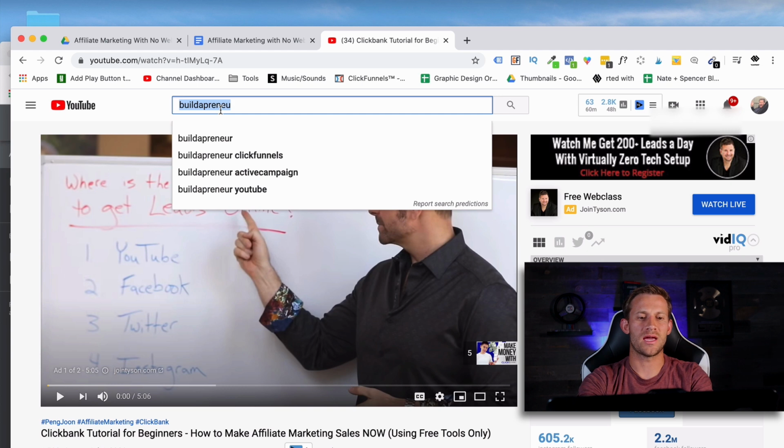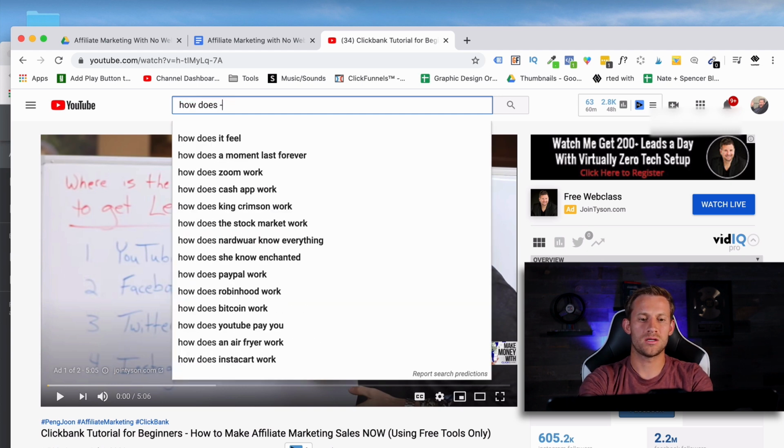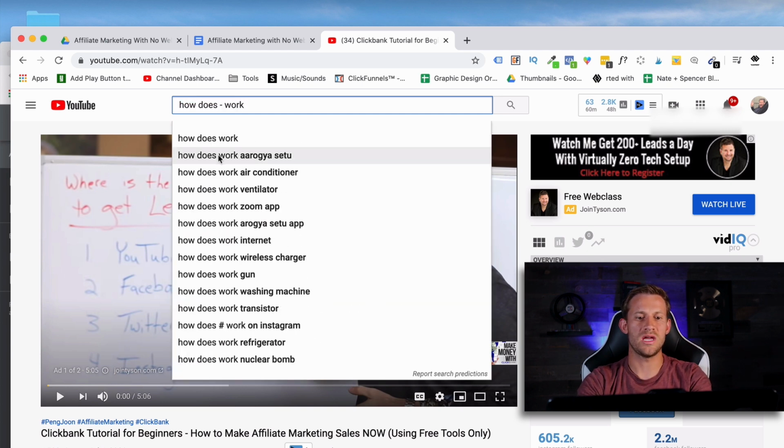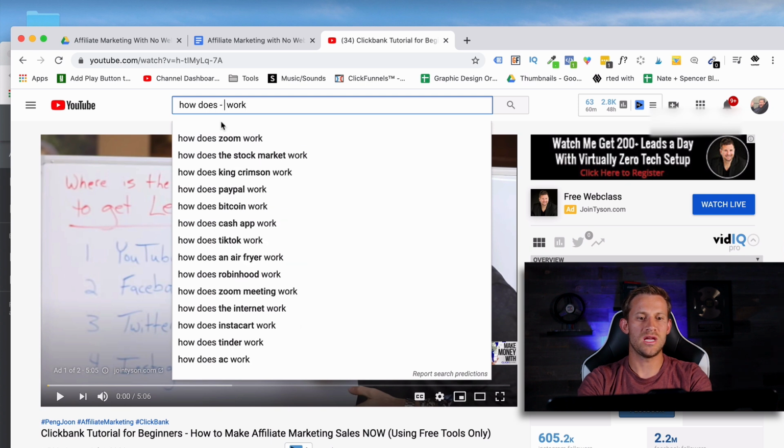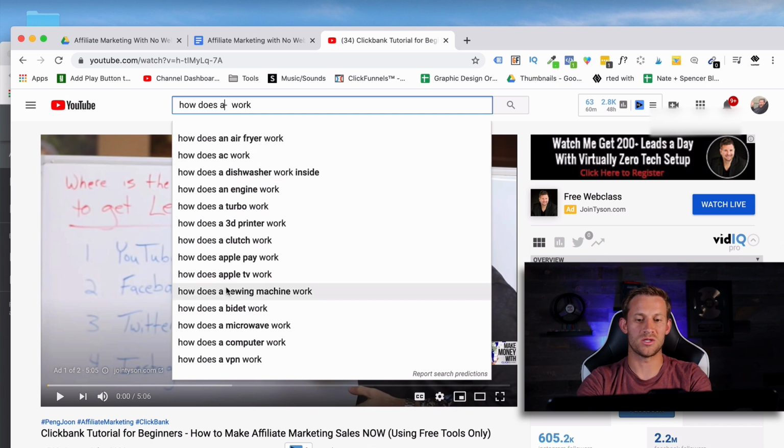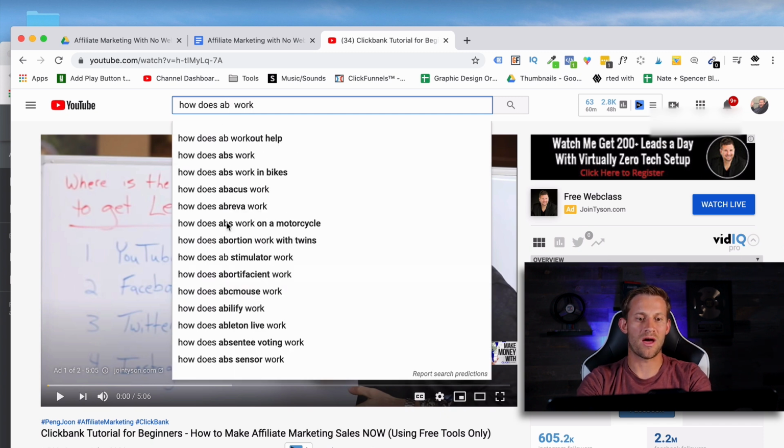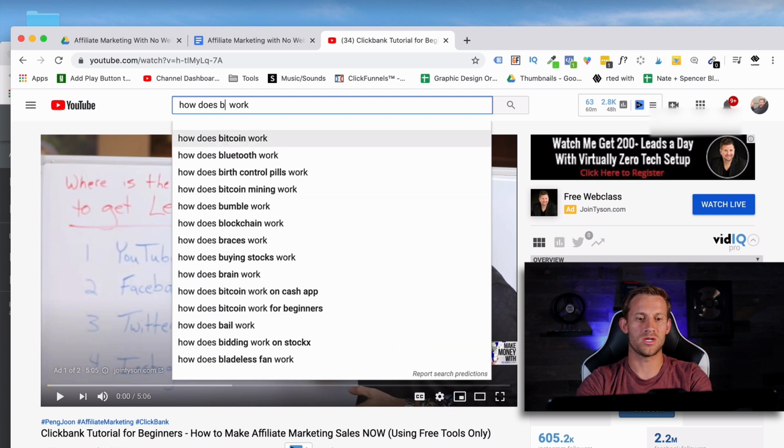You're gonna type in things like, how does Dash work? Okay, and you can see it's gonna give you all kinds of things like how does Zoom work? How does the stock market work? How does King Crimson work? How does PayPal work? How does Bitcoin work? And you could type in A and get all those things that work. You could type in B and get how does Abacus work, how does birth control pills work, how does Bitcoin mining work, how does Bumble work? So you can see there's plenty of options here for you to make these videos about,